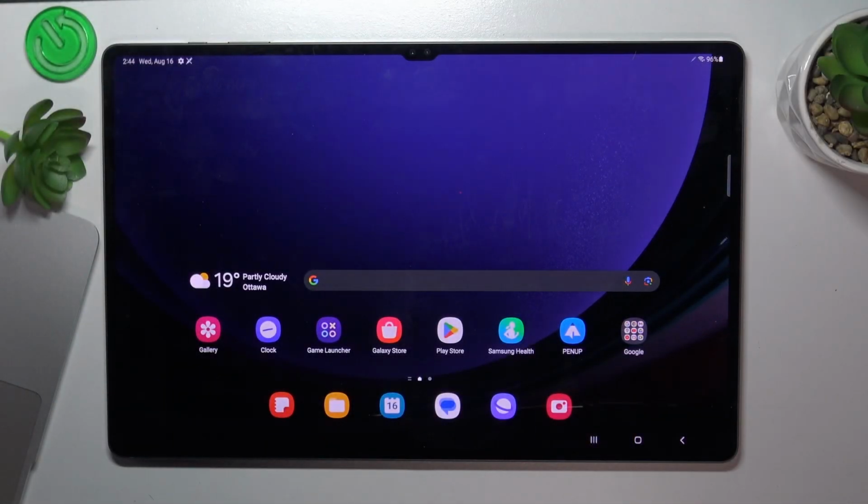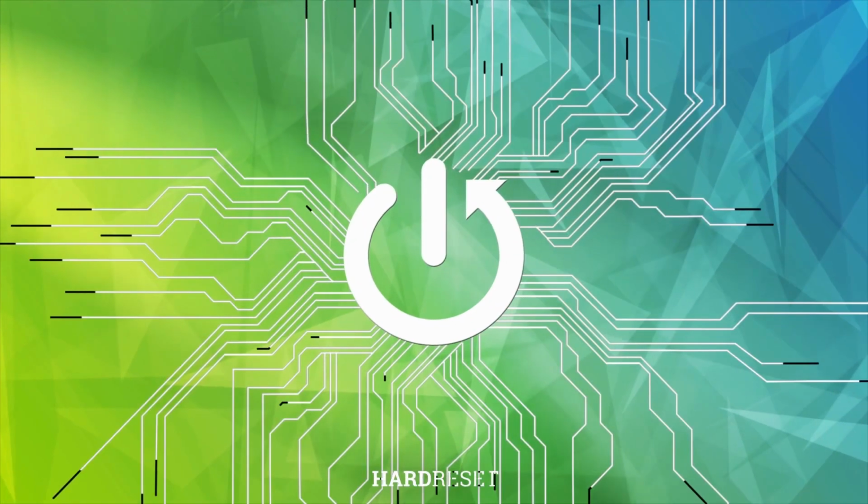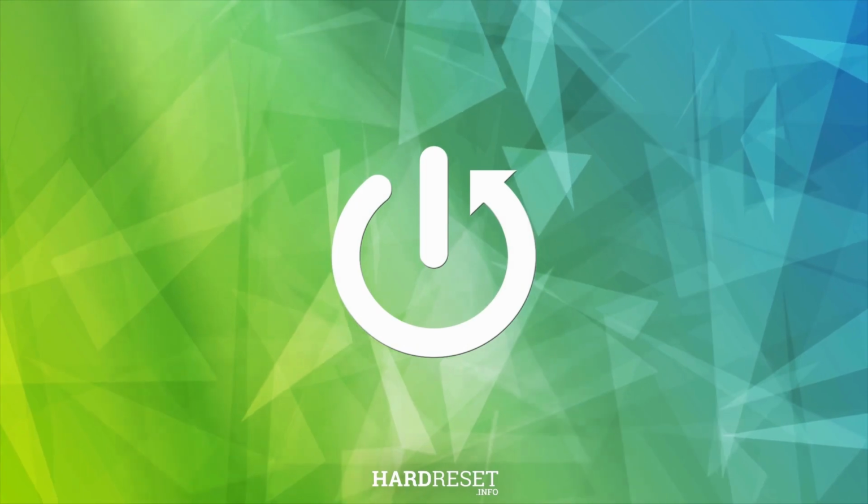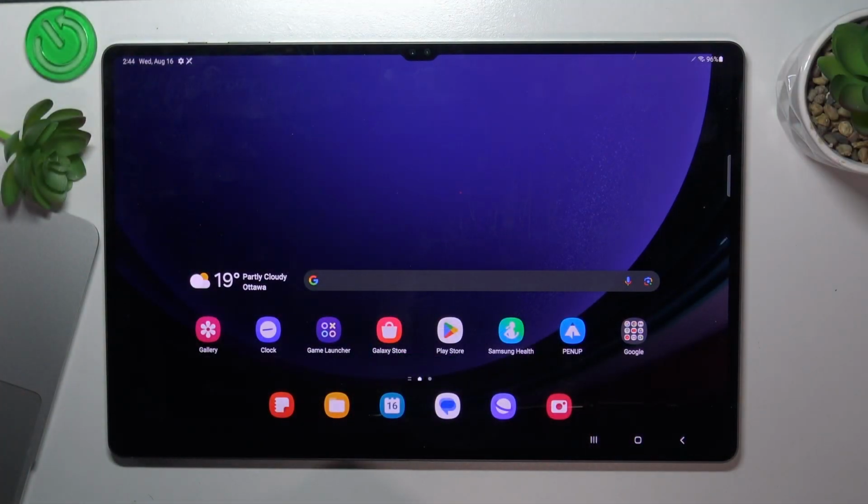In front of me is a Samsung Galaxy Tab S9 Ultra device, and I'm gonna show you how to make this device faster. So, you need to remember only 3 rules. Your device is very powerful, and after years your device must be fast, okay? And if your device starts to slow down, it means that one of these 3 reasons I'll tell you about are